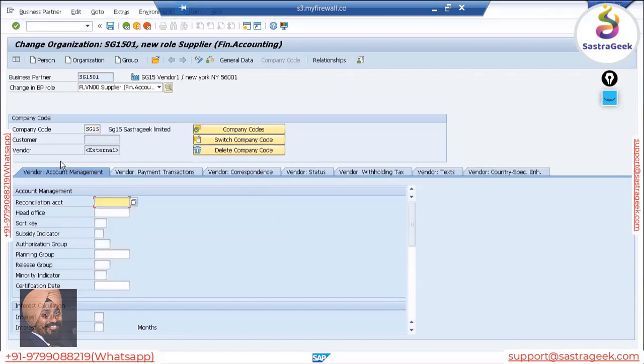Here you see the vendor is external, and customer is blank, which shows that it would be an external number which will be coming up. The expectation is that SG1501, the number of the business partner, should come to the vendor once we do the extension. We will not be focusing on the master data fields as of now,